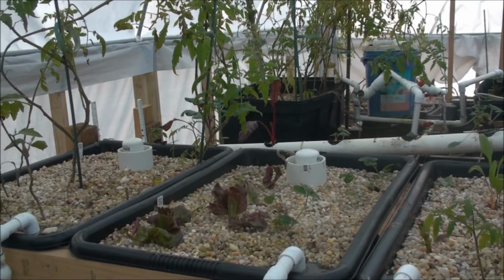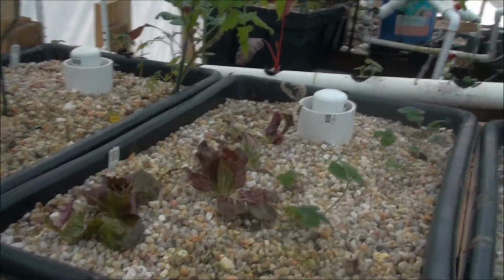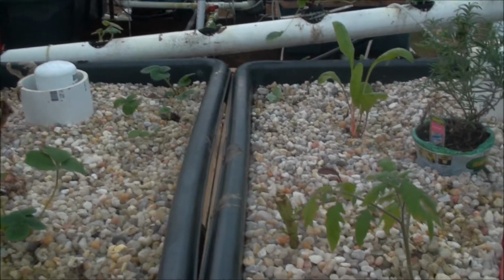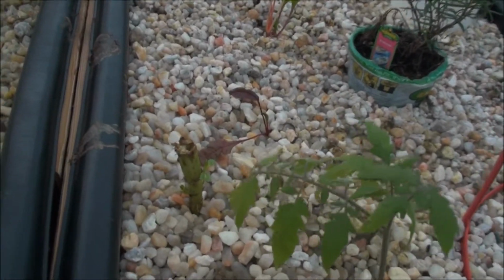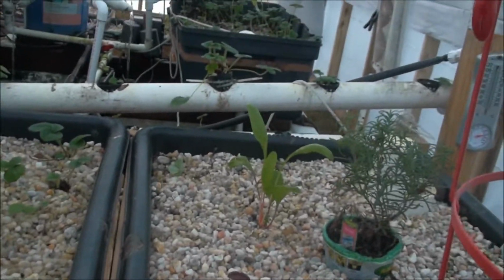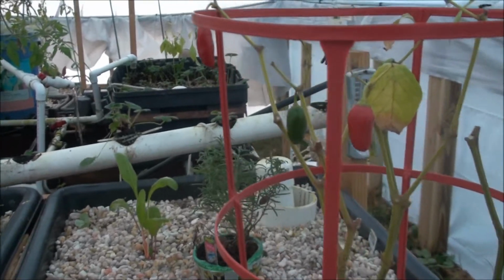Going on YouTube? Got another update here for the hot tub aquaponic garden. Everybody's looking pretty good. I've got a sucker right here, looking pretty nice. One of my nicest looking tomatoes that I've got. The chard there, and that rosemary's still doing good. And this pepper I just leave here